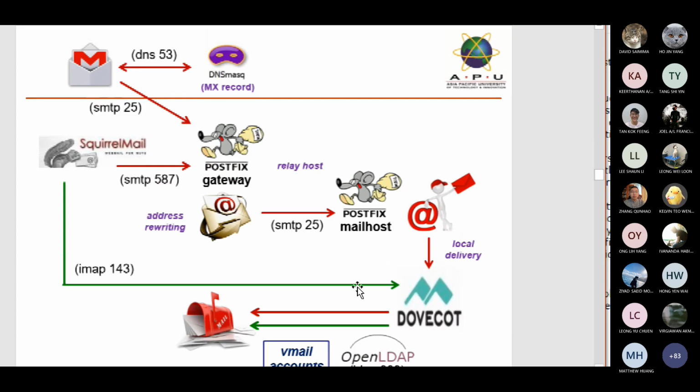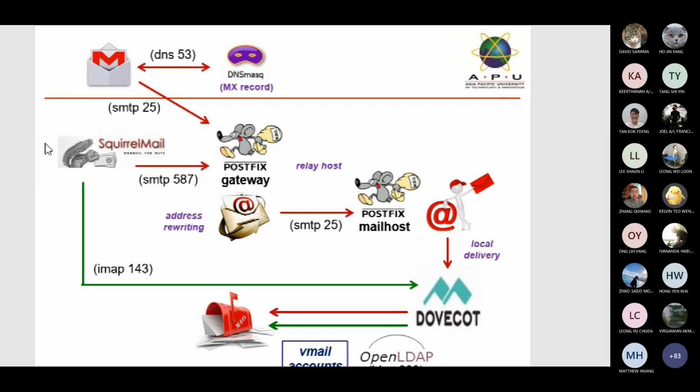This was the diagram that we saw earlier, all right? And Squirrel Mail right here is our mail user agent, and it's going to provide the PHP code here. It provides the interface. It contacts Dovecot to retrieve the items in the mailbox, like we saw this morning. Bring them back, reformat them, and put them up on the screen for us. It puts up the form so that we can write a new email, and then it will take that